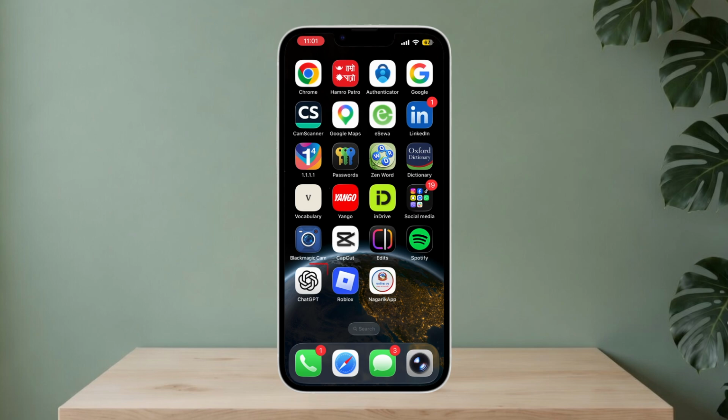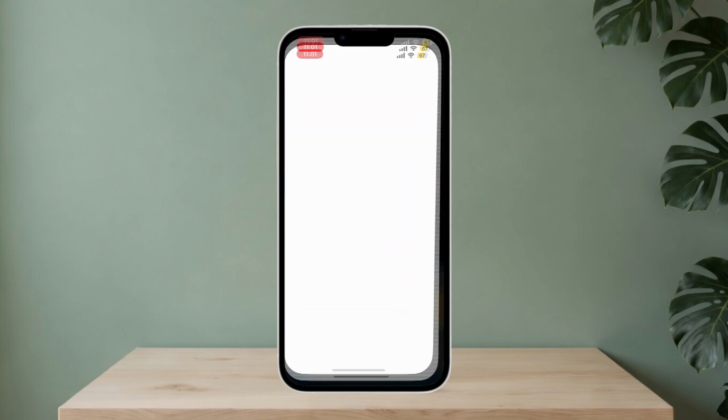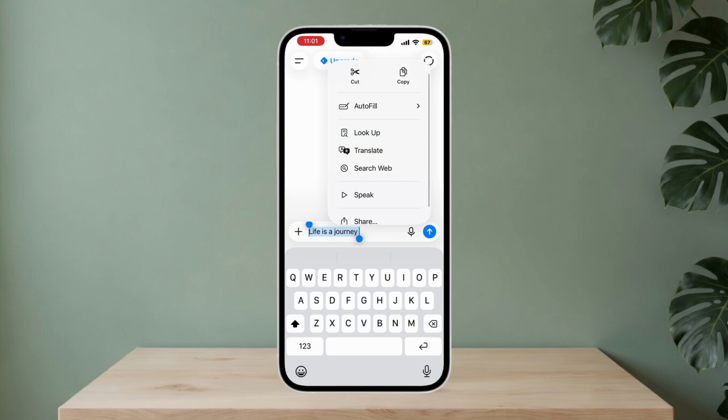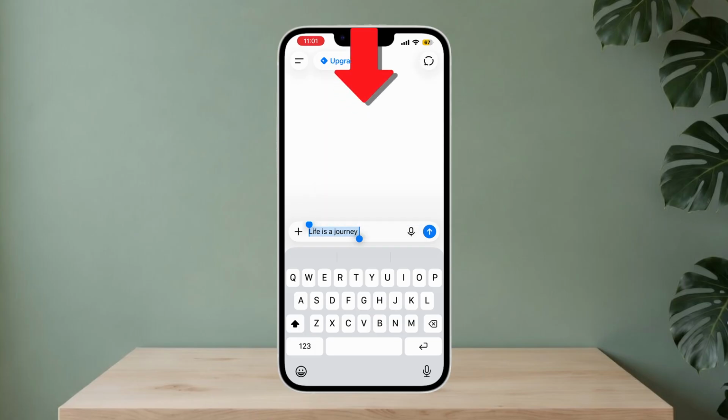Once it's enabled, open any page with text. To use Speak Selection, select the text you want to hear and tap Speak. To use Speak Screen, swipe down with 2 fingers from the top of the screen and your iPhone will start